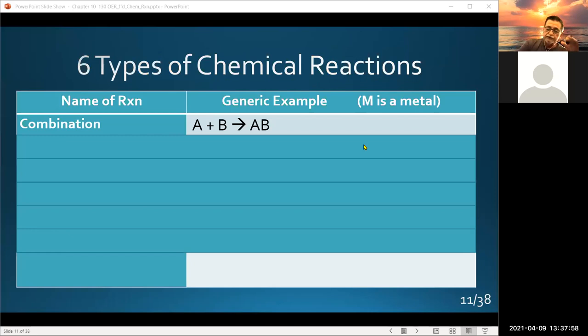All right, so the 6 types of reactions, and here they're given to you in generic form, so you can hopefully recognize them when you get an actual chemical reaction. Here, what we call a combination reaction. Normally, 99% of the time, you have 2 elements, A and B, that react to combine to give us a compound AB. Classic example of this would be, let me write one down,